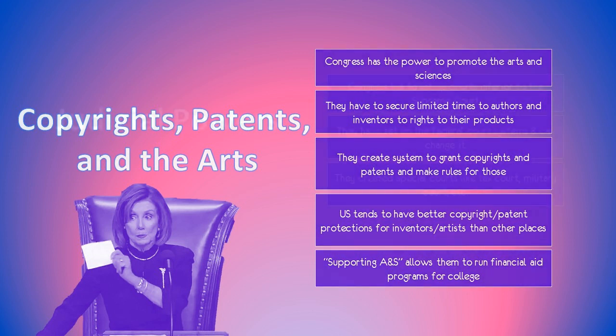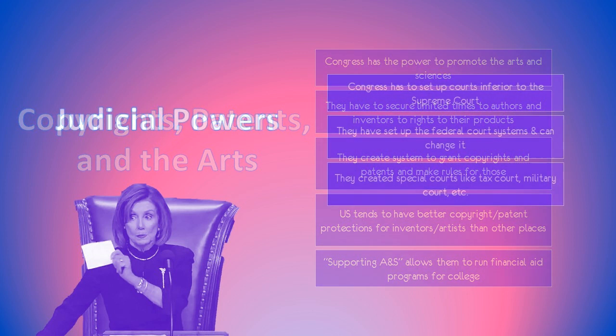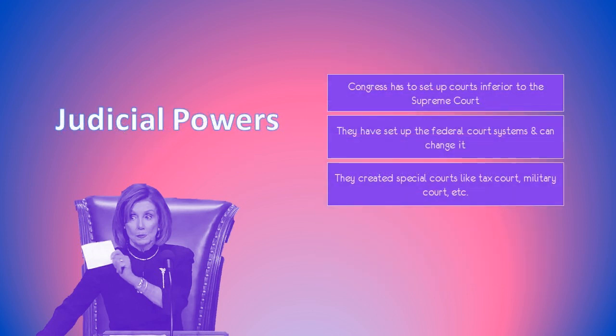We've talked about this back in Unit 1, but we know that it's up to Congress to set up the courts that are inferior to the Supreme Court, and also up to Congress to deal with how the Supreme Court runs and operates. So Congress controls the size of the Supreme Court. Congress can pass some laws to deal with the jurisdiction and all that.